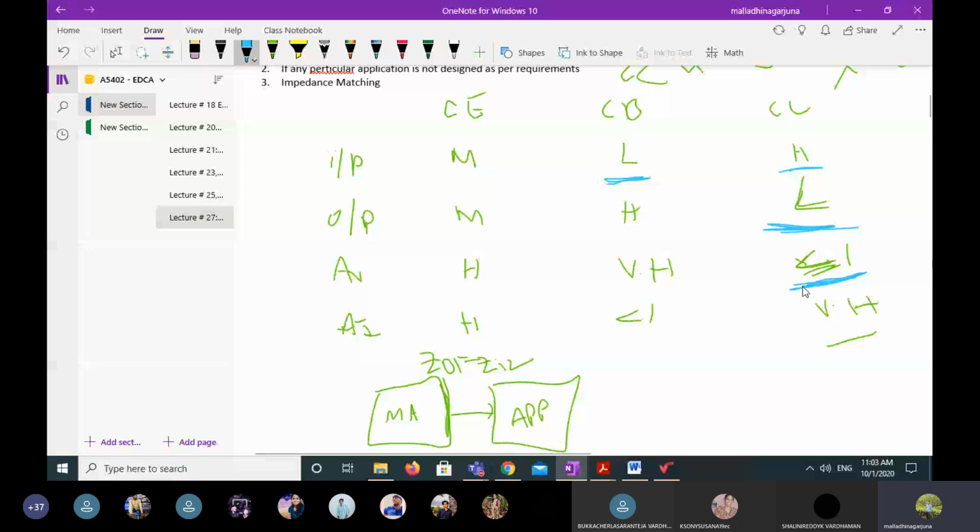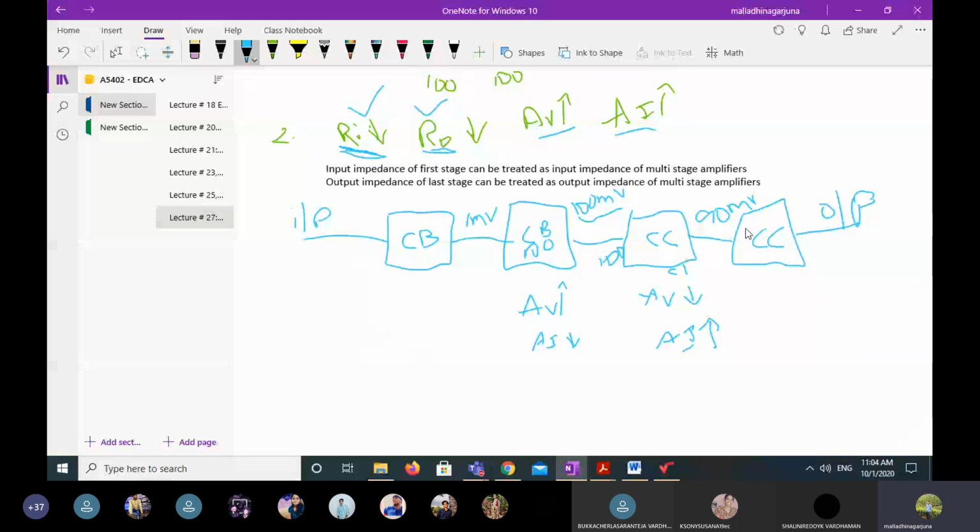Because that is less than the input signal, we get 90 by 100, which is 0.9, less than 1. So my output is 90 millivolts. You are giving a CC amplifier as this third, last stage, which we keep for the purpose of low output impedance. So the CB amplifier gives 100 millivolts, but our CC amplifier gives 90 millivolts.